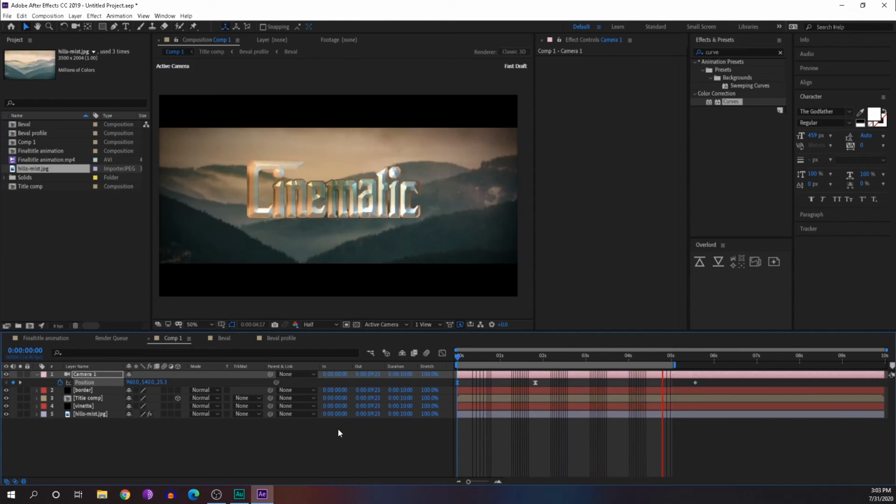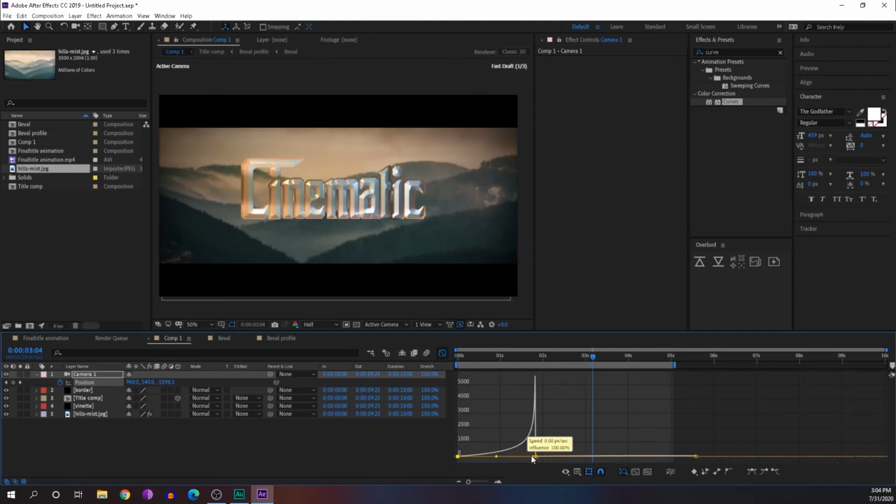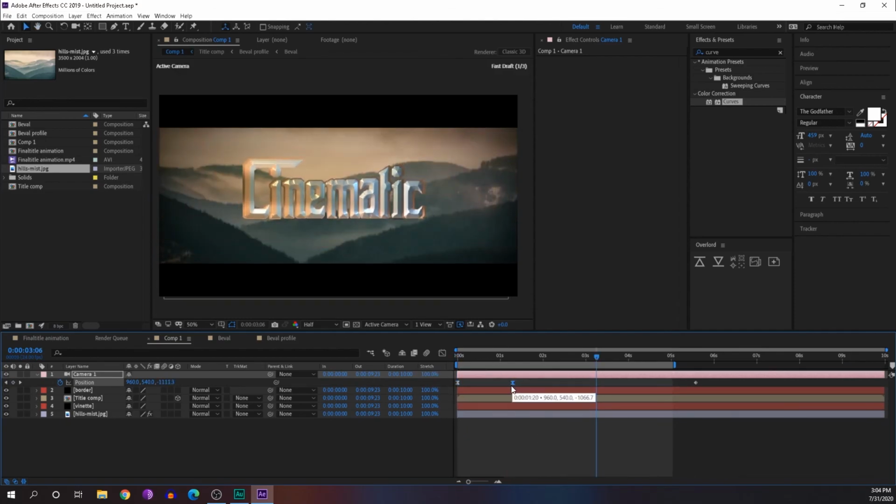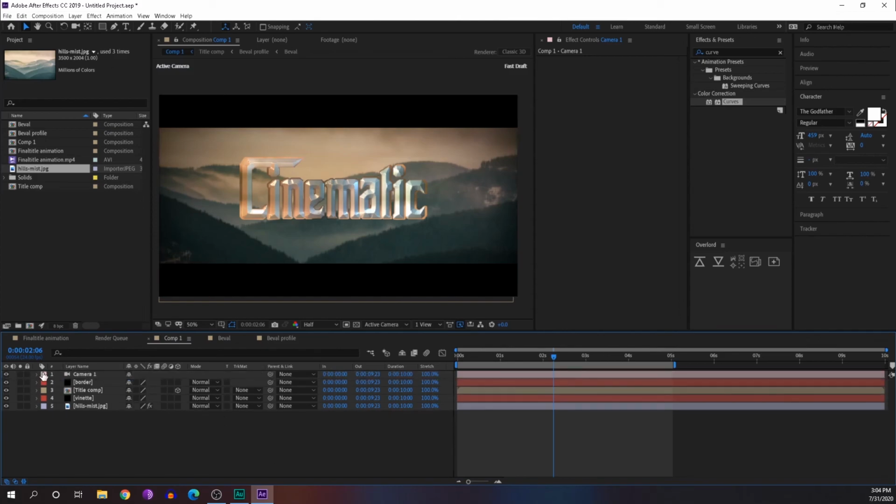You can make the keyframes closer if you want, so it will provide more impact.